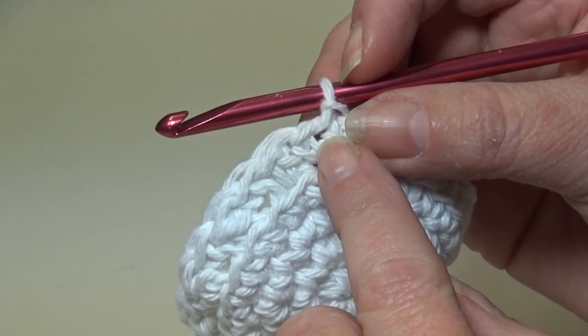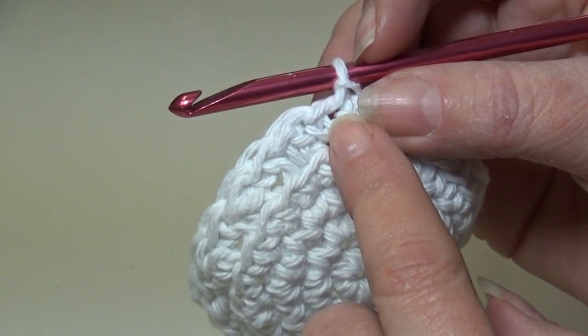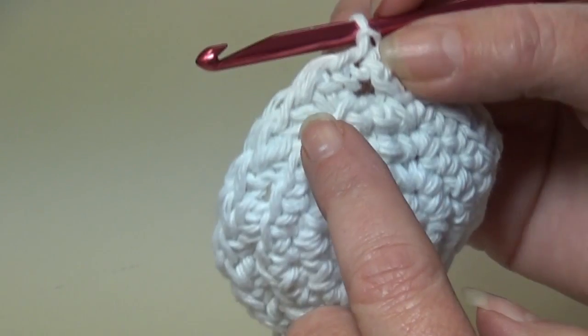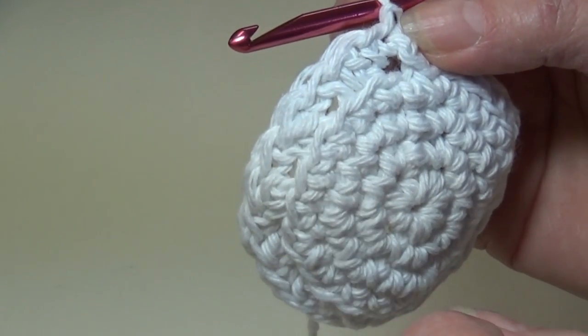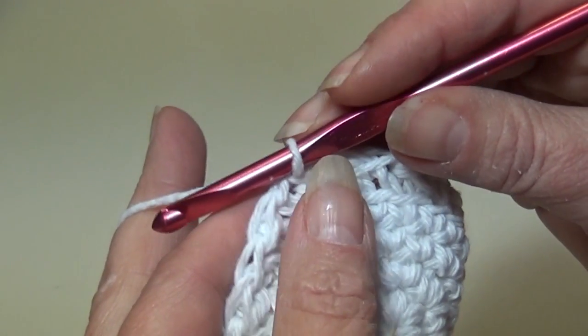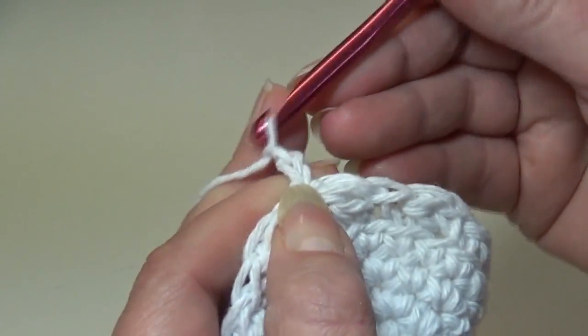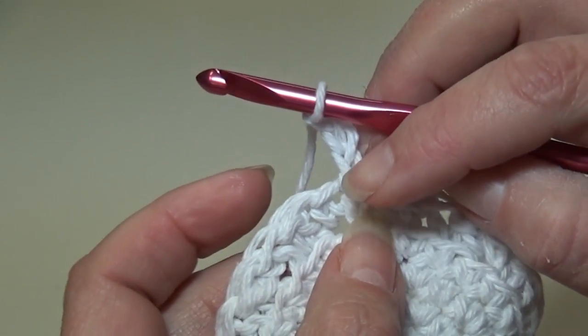So what we do is we're alternating stitches. We're going to work a double crochet into the single crochet and a single crochet into the double crochet, a double crochet into the single crochet, and a single crochet into the double crochet, and we're just going to alternate around. So let's begin. Let's chain 3, 1, 2, 3, and this will count as the first double crochet in